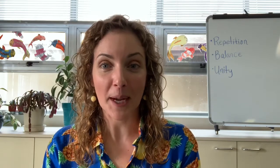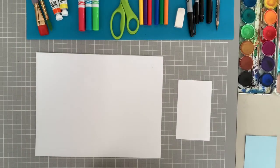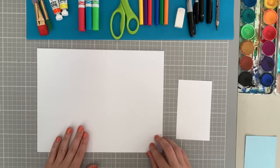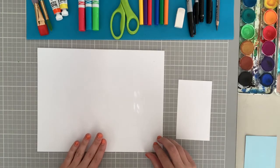Let's get our supplies ready and get started. Okay, let's first start with getting our supplies together. So I've got an 8.5 by 11 piece of paper. If you don't have one this exact size, that's just fine. I wouldn't use a piece of paper that's too much smaller than this though, because I think you won't have